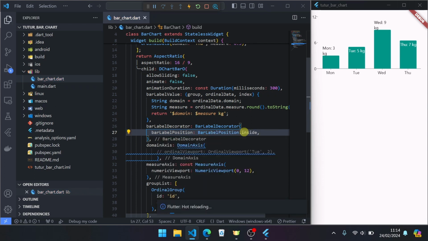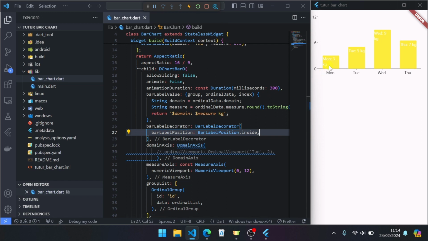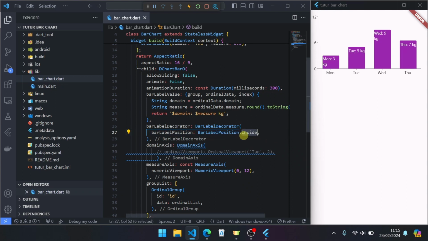For inside, let's start again, it will be inside. If you set outside, or only outside, like this.